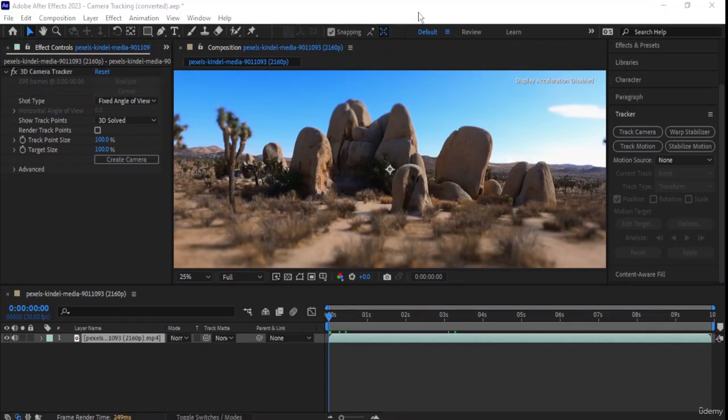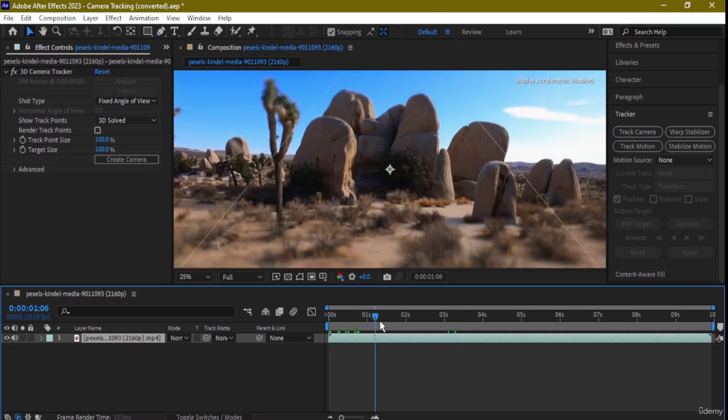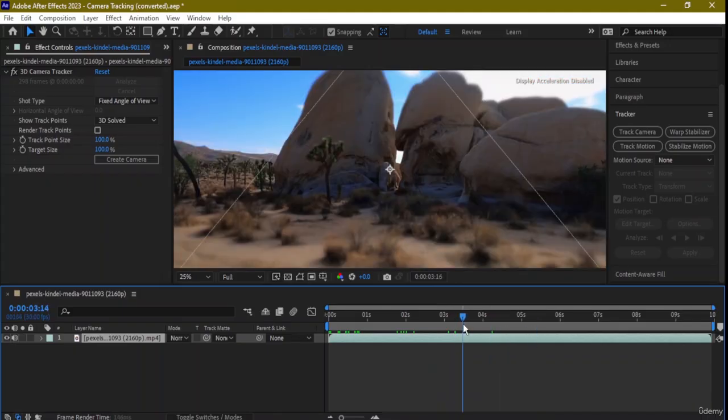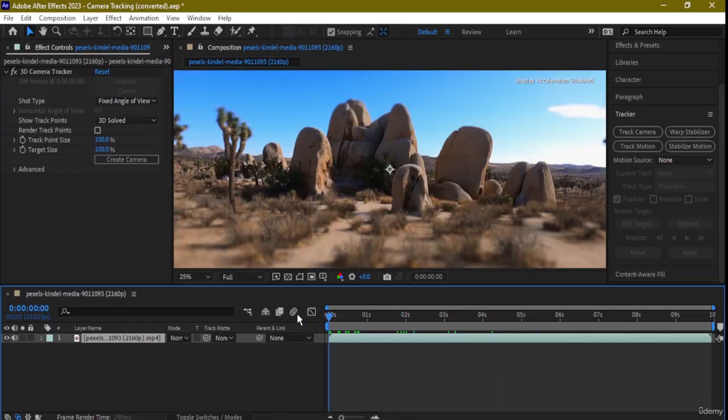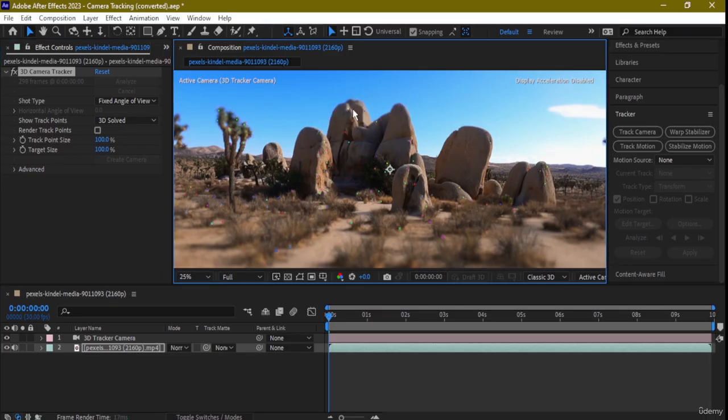Now we are done analyzing this video too, so I'm going to see how it actually functions. You can see it is going to the left side. Then what you can also do is fix a couple of parts. First off, I'm going to click on this Create Camera. And after I press Create Camera, you will see that it will turn into something like this, and this is how it will function. So first off, I'm going to click on this part. Let's say I'm going to click over here